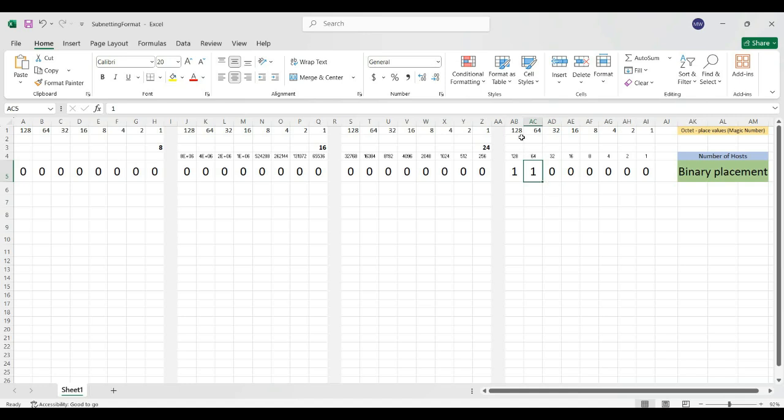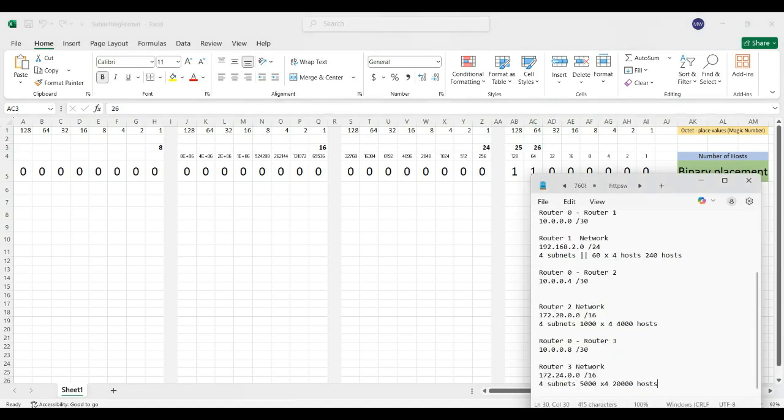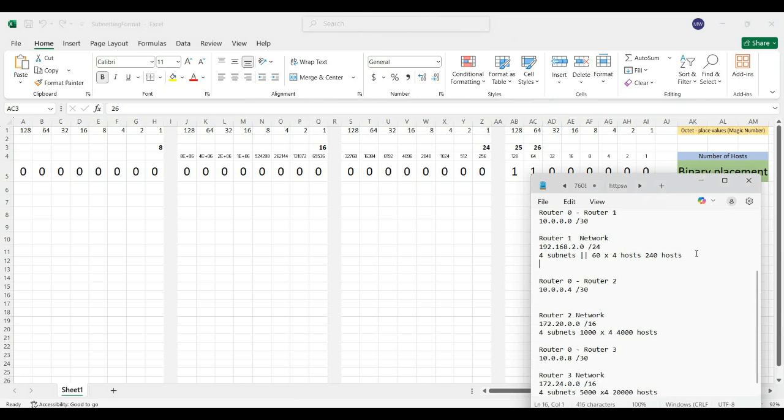And we're going to go with 25, 26, all right? So we're going to leave it at 26 because this is the closest number to 60. 32 is less than that in terms of number of hosts, and 64 is greater than, because we still have to factor in how we can use 2 of the addresses that would be forming the subnet, right? However, we're going to get a lot of subnets, but that doesn't really matter. What matters is that out of all the subnets we have, we can use 4 subnets and we could have the number of hosts. So this is going to be a /26, right? So this network is going to be a